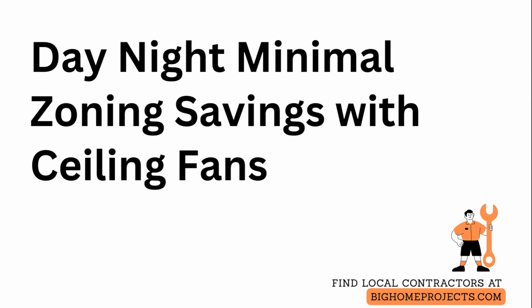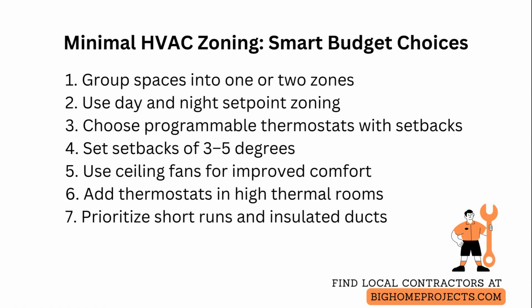Minimal HVAC zoning focuses climate control on only the rooms where it makes a measurable difference to comfort and energy bills. Start by grouping spaces into 1 or 2 zones based on use patterns and solar exposure, rather than trying to give every room its own thermostat. Use a day zone for common areas and a night zone for bedrooms so you can run different set points